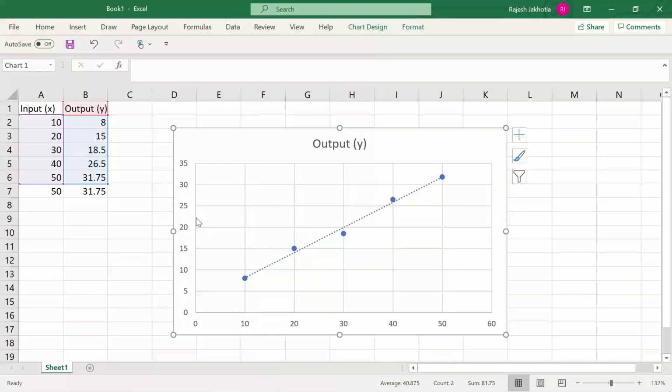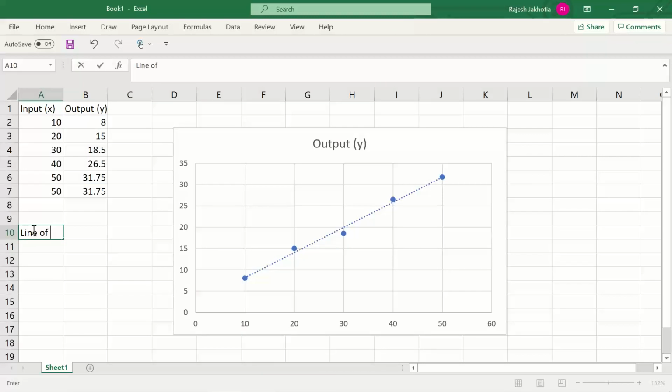The trend more or less remains the same, right? And this line which we have fitted is a line of best fit. In linear regression, this line is called the line of best fit. We will cover all of these concepts in detail, don't worry.